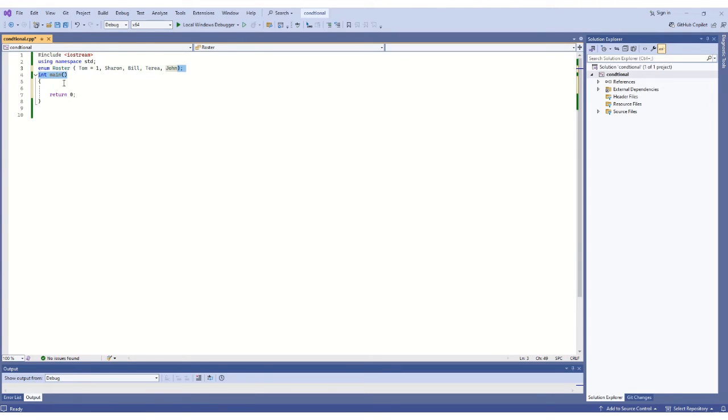So in the main, we can do int who. We are trying to run some logic. Let's say cout, this code will give you a student's birthday. Then you can say cout,